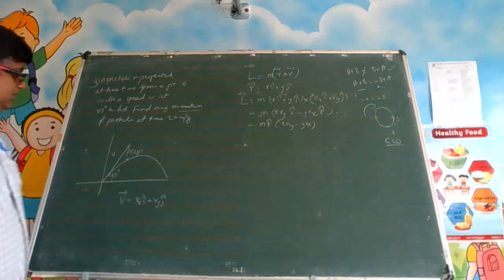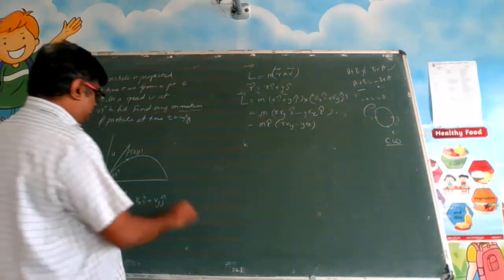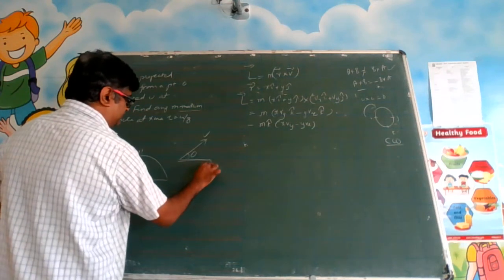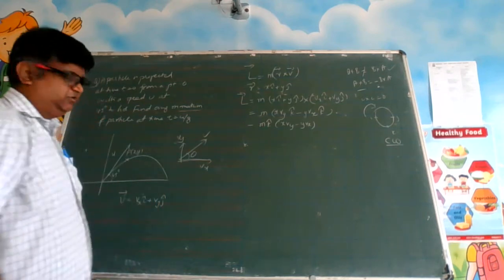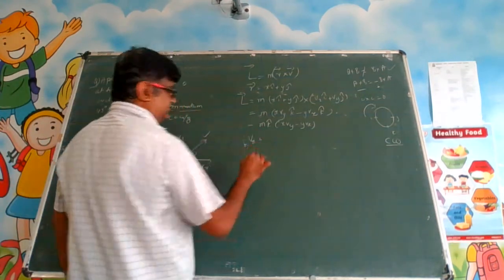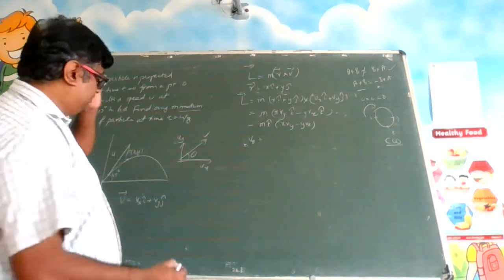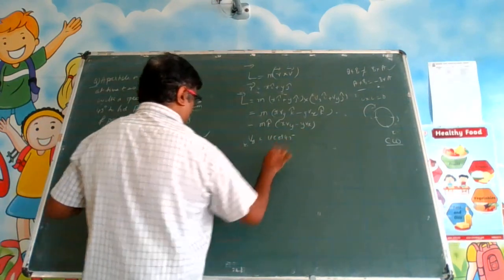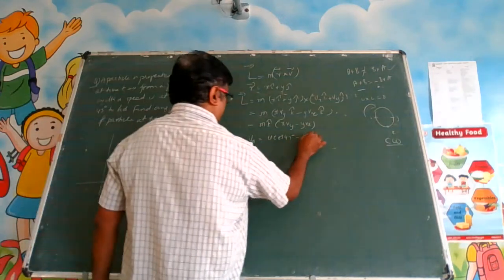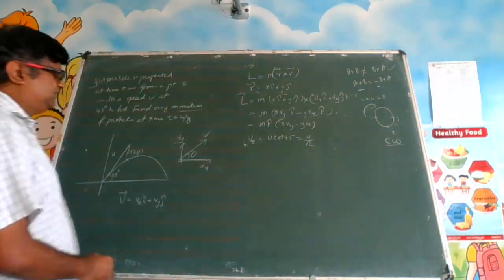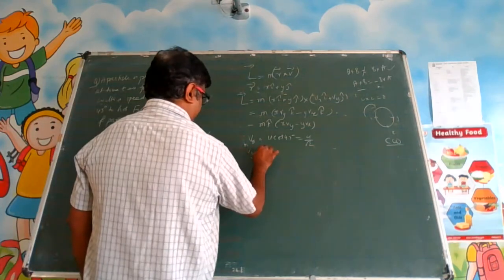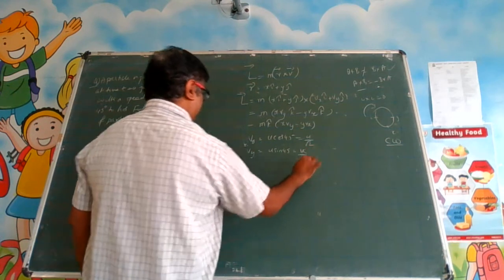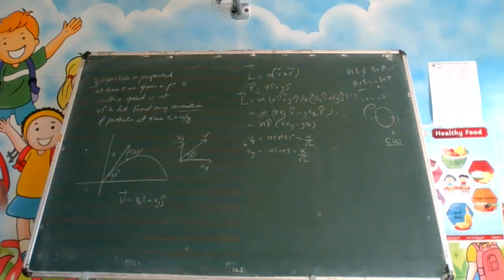Now let us come to the components. What is vx? What is vy? Suppose you have a particle like this, with speed v making angle theta. This is your vx, this is your vy. So vx is the v cos theta component. What is the angle given here? 45. So it is u cos 45. Positive, negative? It is positive. It is u divided by root 2. Now come to vy. vy will be u sin 45. It is also u divided by root 2.